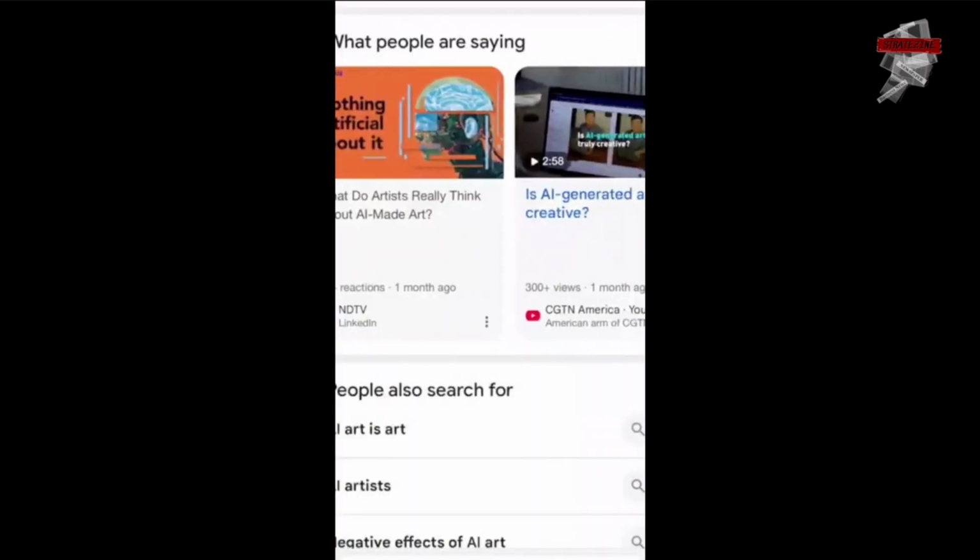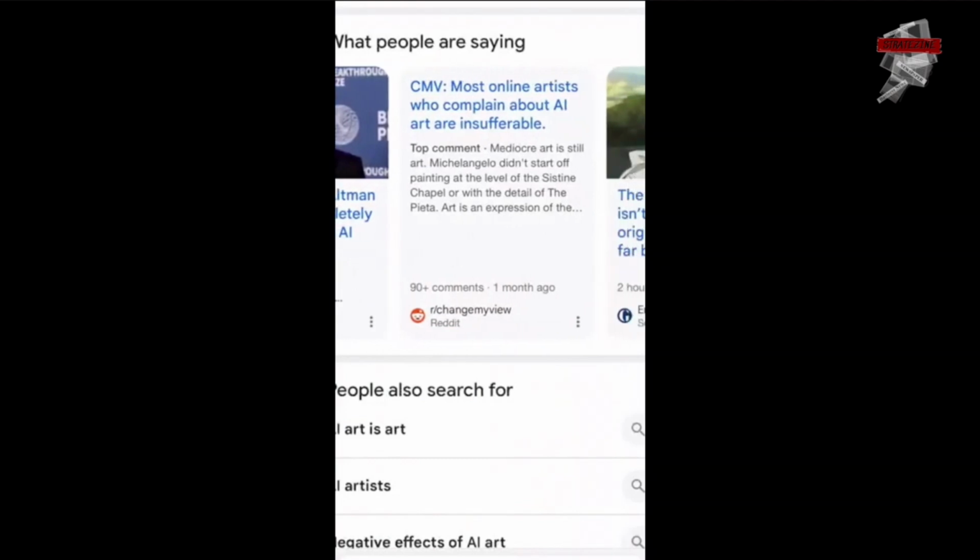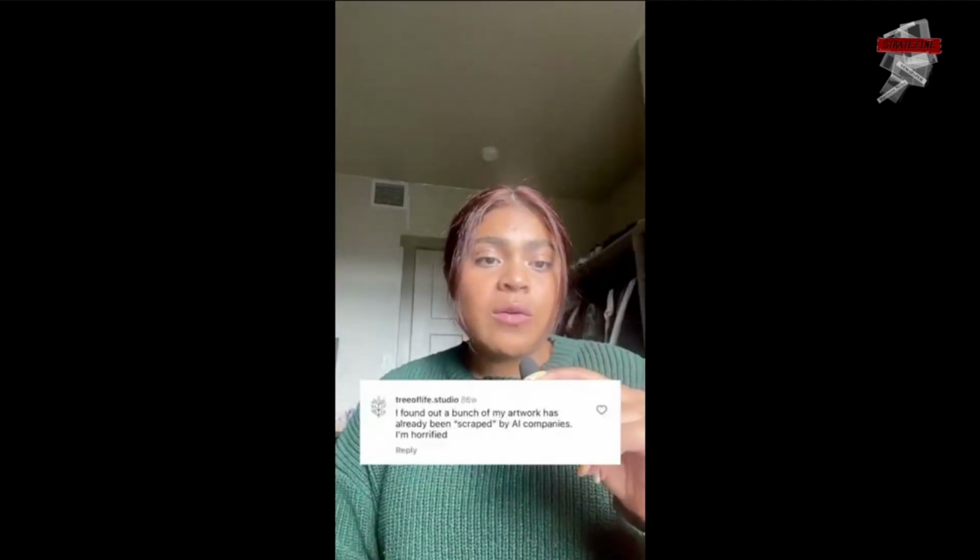But the real question comes to this. Where do we draw the line of plagiarism? In recent years, there has been a rise in ethical concerns about AI-generated images. Not only are artists concerned about AI stealing their artwork, but other questions arise, like who owns the rights behind these works of art? Is it the artist? Is it you who created it, or the company that developed the software? It's a difficult question, especially when AI closely resembles existing work.